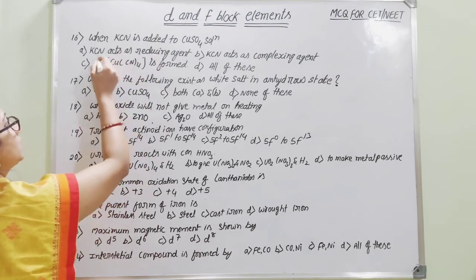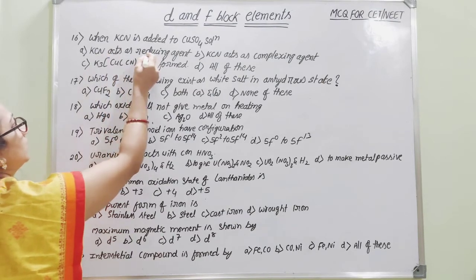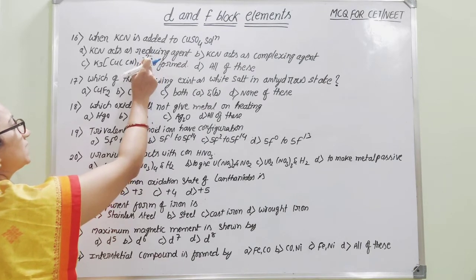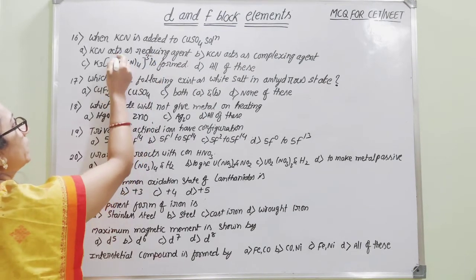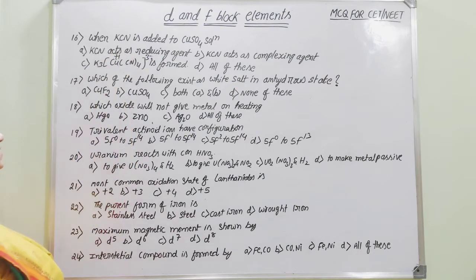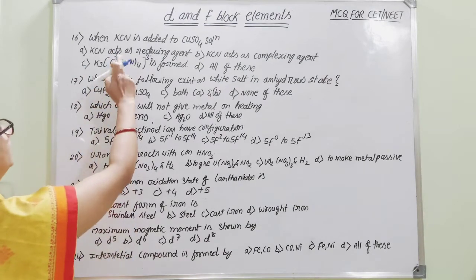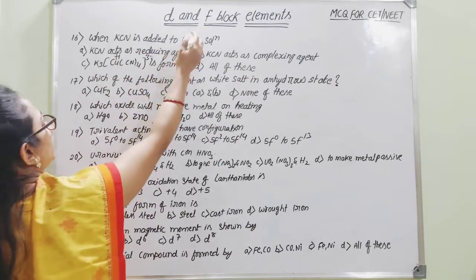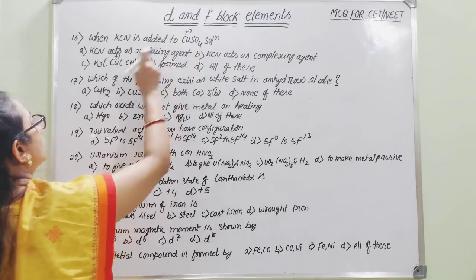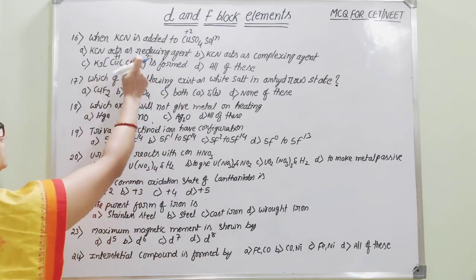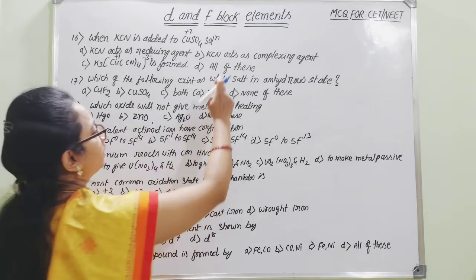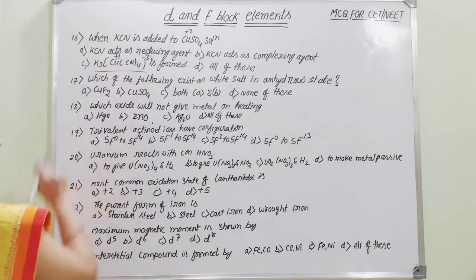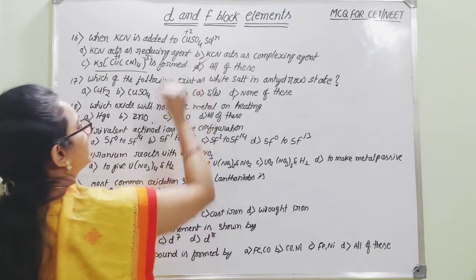Therefore, as you know, it is 3K⁺, that is, [Cu(CN)4]³⁻. If you get the answer as 3 minus, then copper should be having +1 as the oxidation state. Hence, we can say that here KCN is acting as a reducing agent, because in the case of copper, the oxidation state +2 will be reduced to +1. KCN is acting as a reducing agent. And KCN is also acting as a complexing agent, because it helps to make this complex. Therefore, all of these is the right answer.